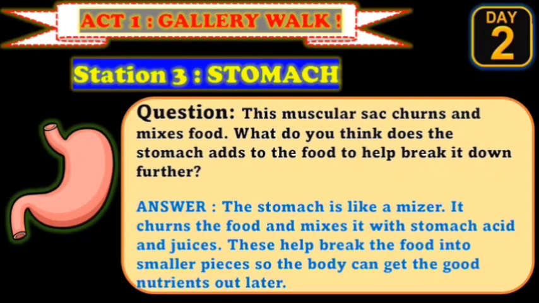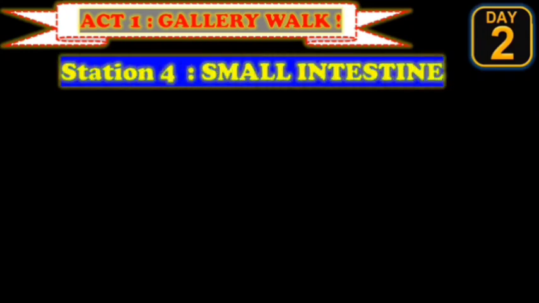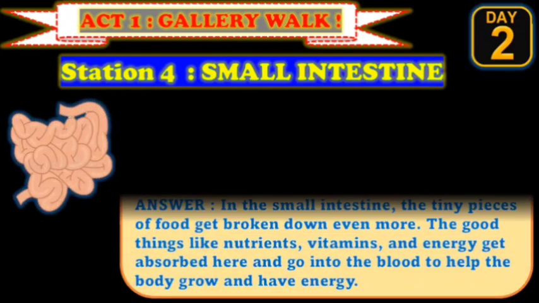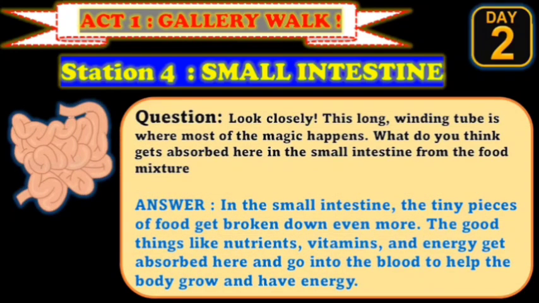For station number 4, we have small intestine. The possible answer for that is, in the small intestine, the tiny pieces of food get broken down even more. The good things like nutrients, vitamins, and energy get absorbed here and go into the blood to help the body